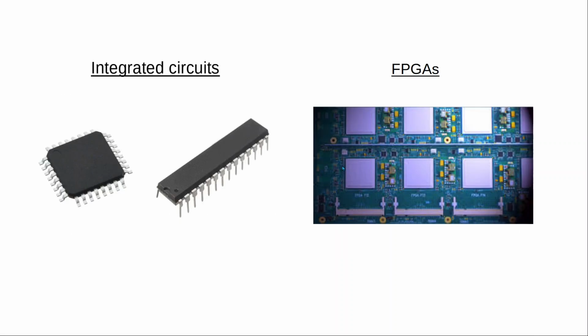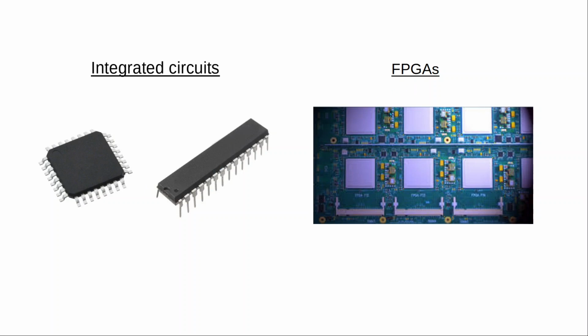Finally, we see where the VHDL language is used. The VHDL language is used to make or design the circuitry for different kinds of circuits, two of which are integrated circuits and FPGAs. Integrated circuits are basically systems on chips, right? These input and output pins, you can see the silver colored pins. These are input and output pins of these integrated circuits, and this black part is where the processing happens.